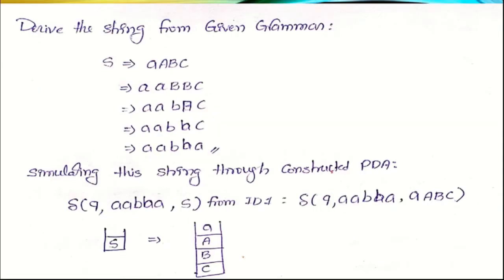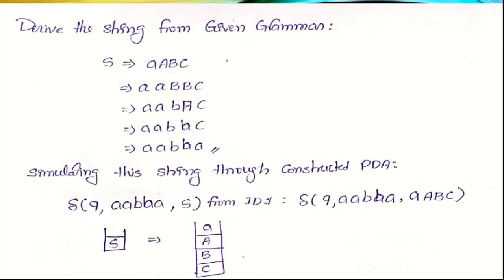Now to check whether our constructed PDA is valid or not, for that purpose we can derive some string from the given grammar and then perform tracing for that particular string. If that string is derived from the grammar properly, then that particular string must be accepted by the PDA. Then only our PDA construction is valid, otherwise our developed PDA is invalid.